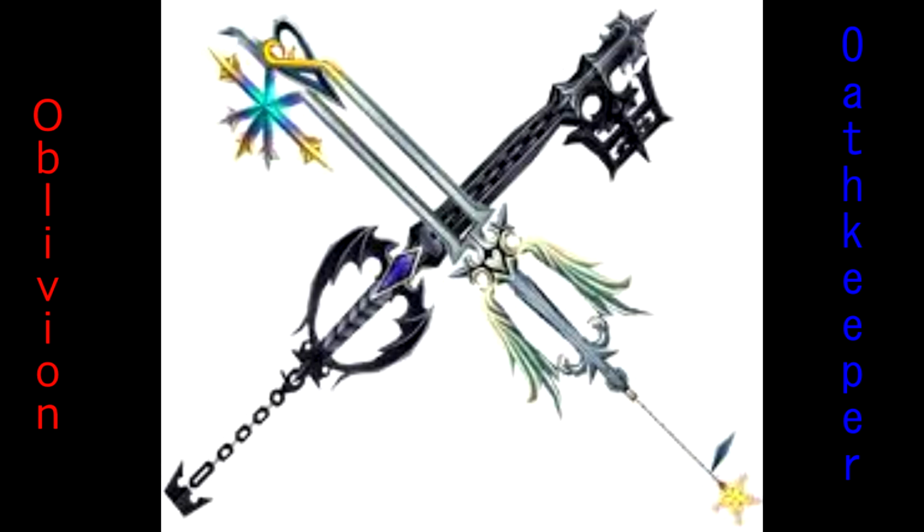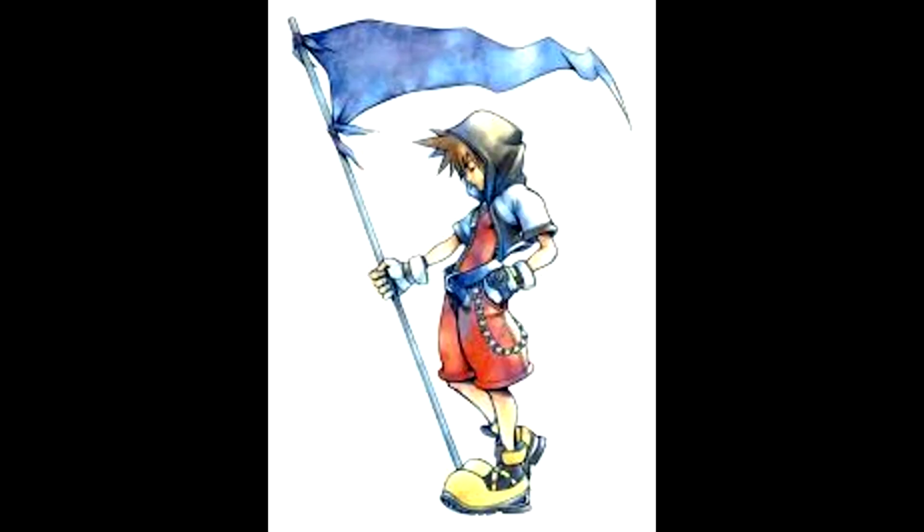But if I had to be absolutely pressed and pick a favorite of the two, I'm gonna have to go with Oblivion, just because, especially in KH1, that design, oh baby. I can't get over just how slick and gothic Oblivion looks. I mean, sure, Ultima looks alright, but in KH1, I can't help but think Ultima looks like an oversized comb. So, there's that. And that's the end of the top